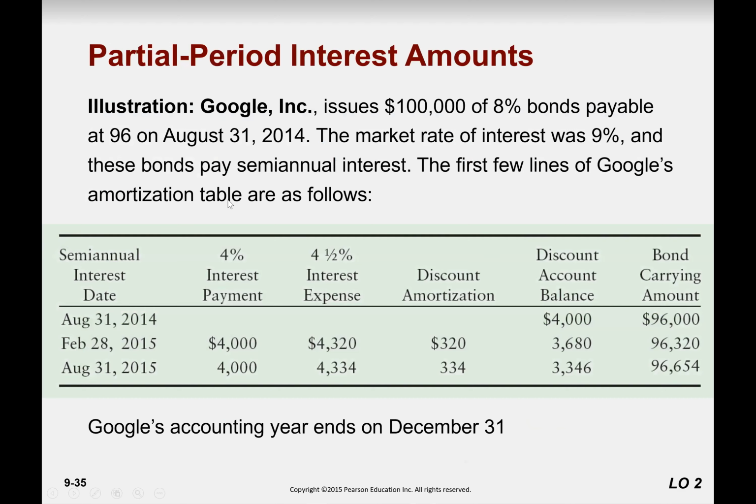Now, partial payment period interest payments. So Google Incorporation issues 100,000 8% bonds payable at 96. What does it mean? This bond is issued at a premium or at a discount. Since it is quoted at less than 100, it means it is issued at a discount. You don't believe me? See this one. The market